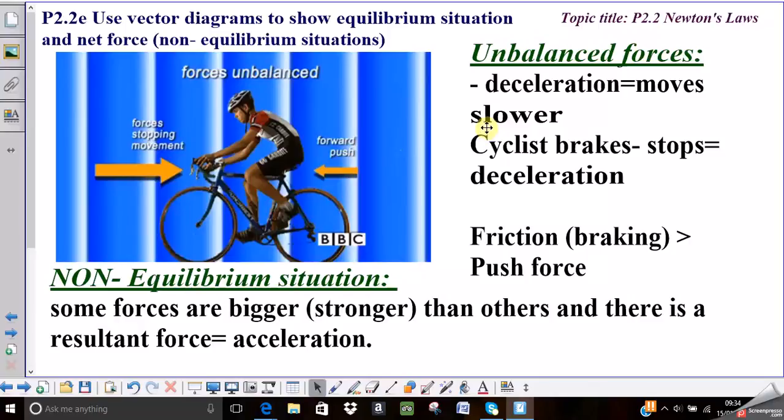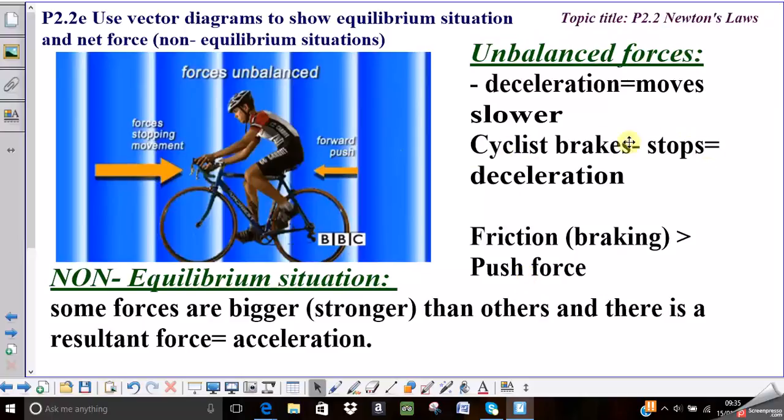rest. So in this situation, we see the cyclist, the bicyclist. There is a force that's pushing the bicycle forward, from his feet, but at this moment he's pushing the brakes, and then there are forces stopping the bicycle, like the air drag and the friction with the ground, which are much larger than the forward force. In this situation, the friction, the braking, is larger than the push force, and the cyclist brakes,